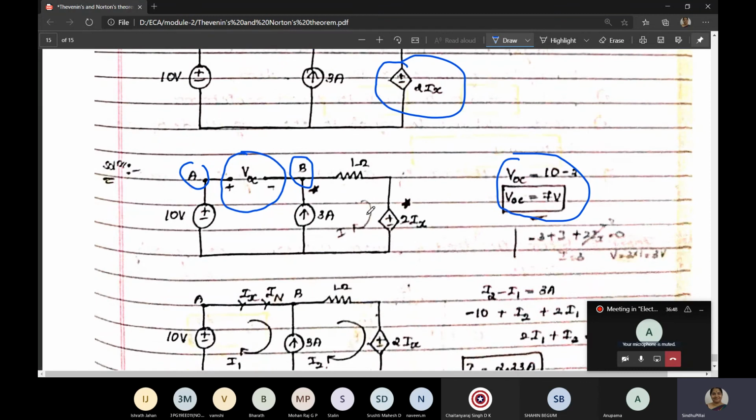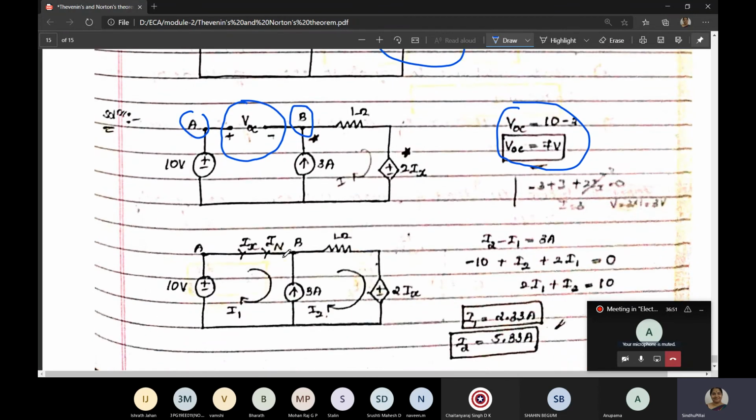Thevenin's open circuit voltage. Next, as usual, find the short circuit current, by just shorting the terminal. Why are we going for short circuit current? We are doing that only to find the equivalent impedance. To find the equivalent impedance, we use the formula VOC divided by ISC. So short it. The two loops, I1 and I2, are there, and again we have a current source in the middle, which means it is a super mesh. First write the equation: I2 minus I1. Why did we take I2 first? Because I2 is in the direction of the 3 amps. So I2 minus I1 is equal to 3 amps.